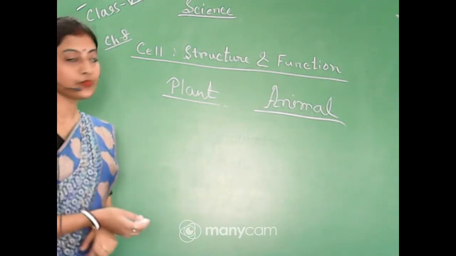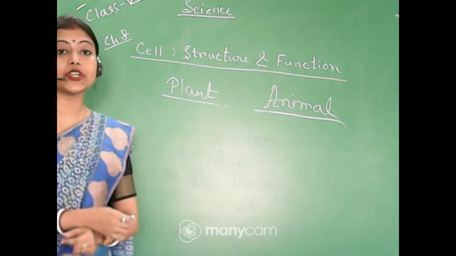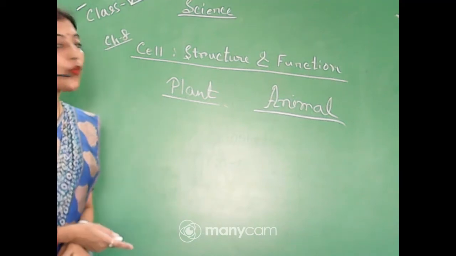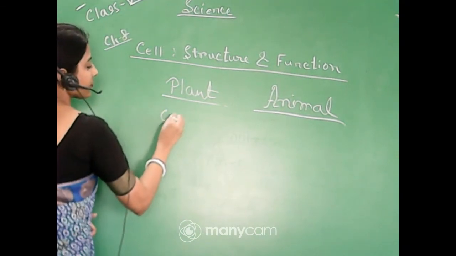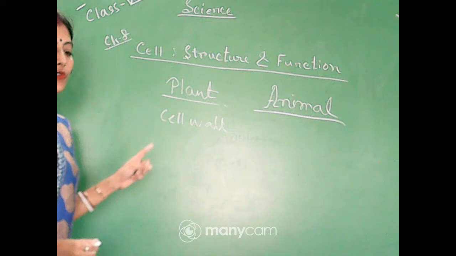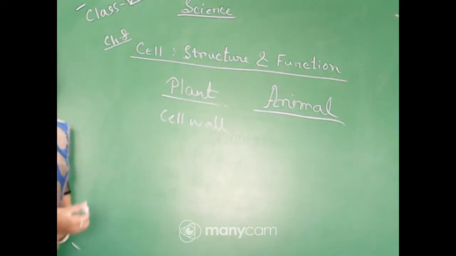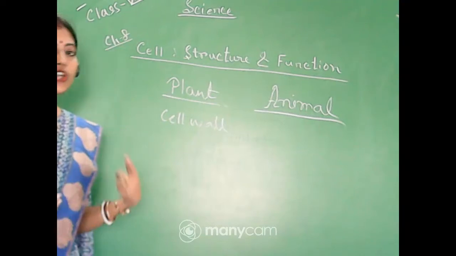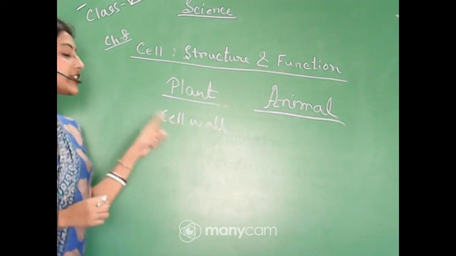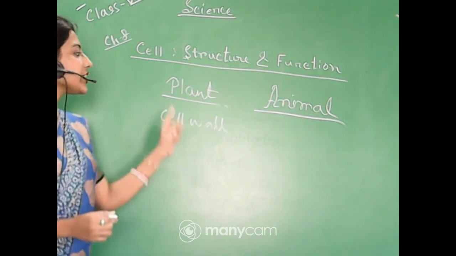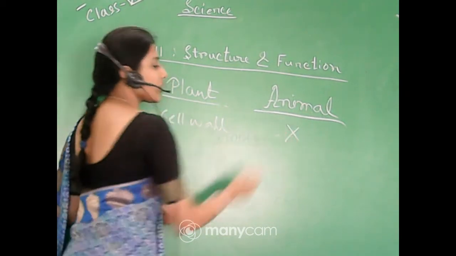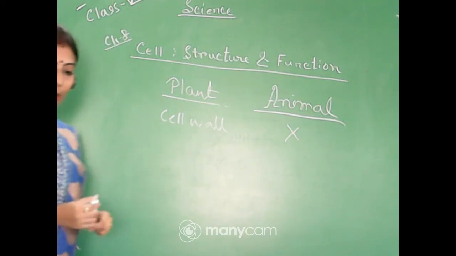So in case of plant and animal cells, I have told you that the plant cell possesses an extra outer covering, which is known as the cell wall. The cell wall is present in plant cells only, because plants have to reside in the outer harsh environment, and that's why they possess an extra outer covering which is unique to them, that is the cell wall. But the cell wall is absolutely absent in the animal cell. So it is the first difference.